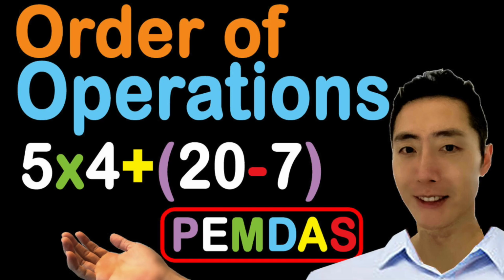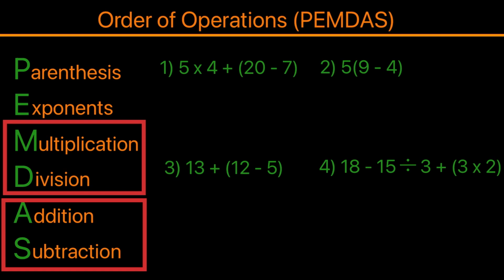In this video, I'll be going over the order of operations, also known as PEMDAS. The abbreviation PEMDAS is used for memorization purposes. It's spelled PEMDAS. The P stands for parentheses, E stands for exponents, M stands for multiplication, D stands for division, A for addition,